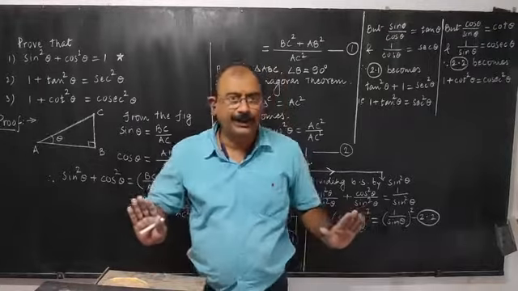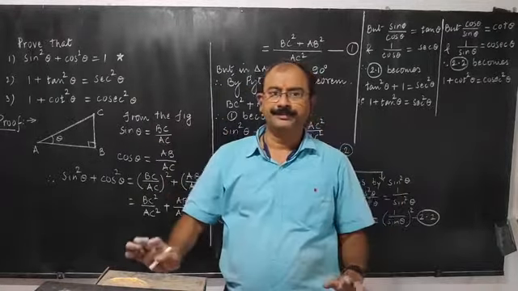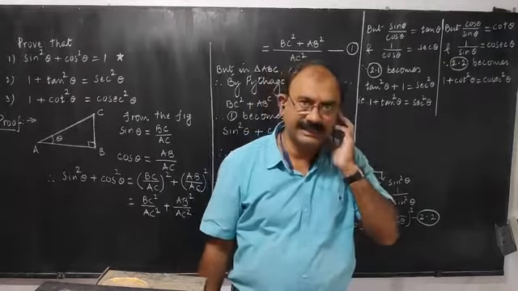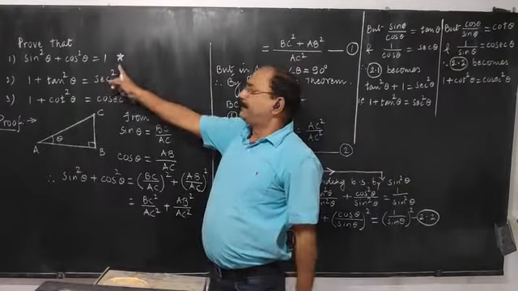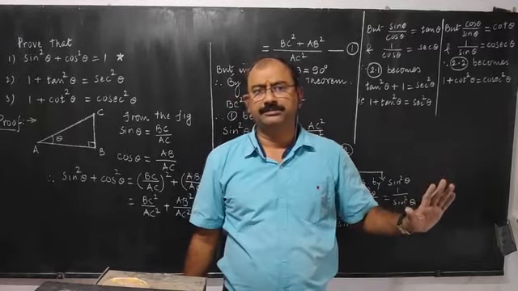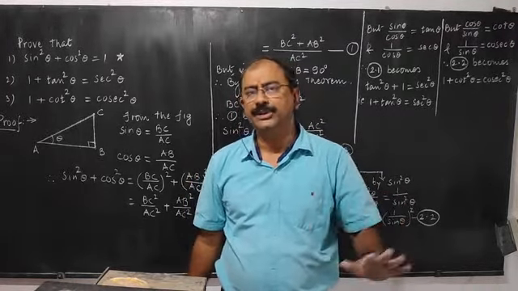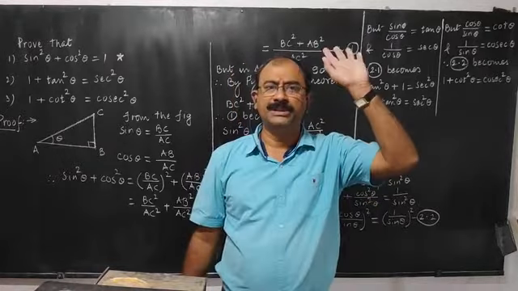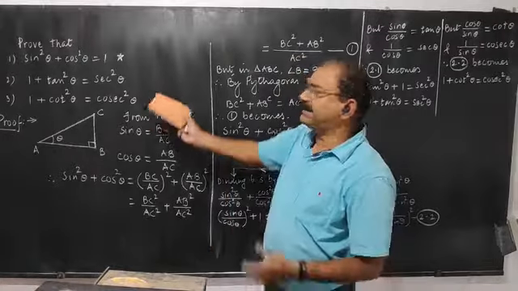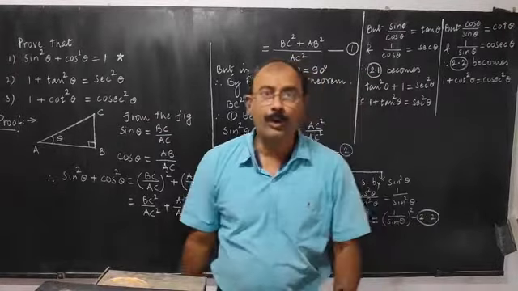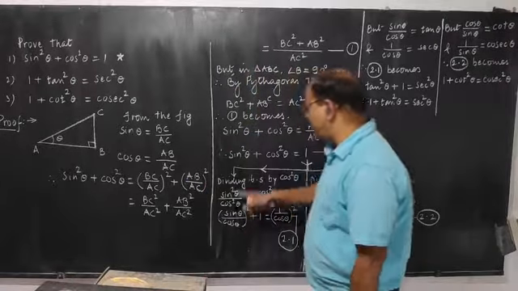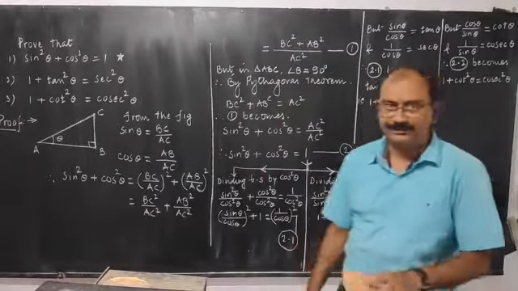Obviously, no one is going to ask you to prove all the three. Any one will be asked in the examination, if at all it is asked. But the first formula has been asked very frequently in the examination. Out of 5 exams, in 4 exams it had been asked in the previous examinations. So the first is very important. The second and third are not difficult. Moreover, the second and third can be proved directly also. I mean, there is no need to prove this and then follow this path.